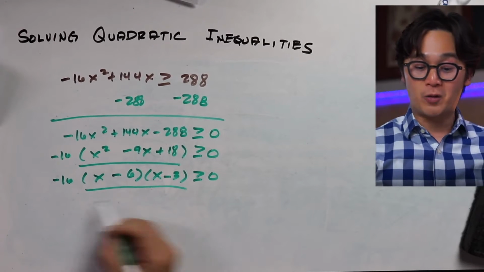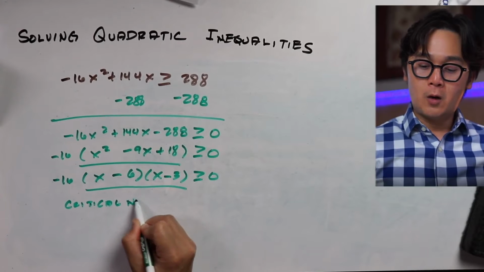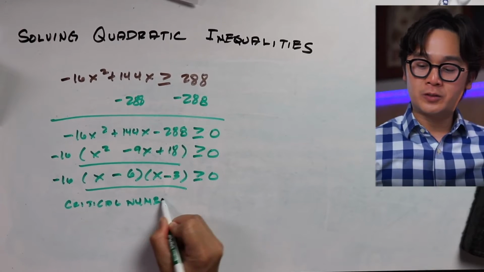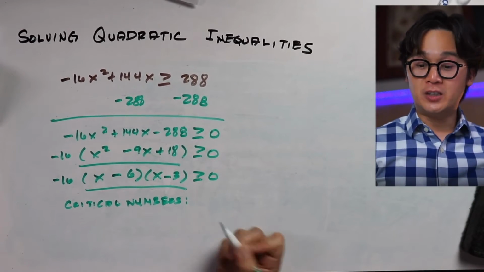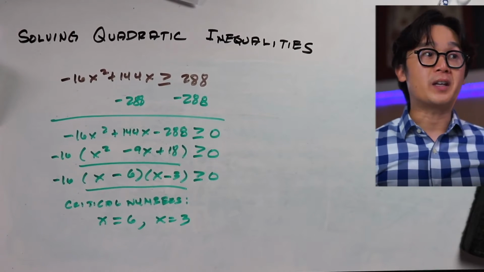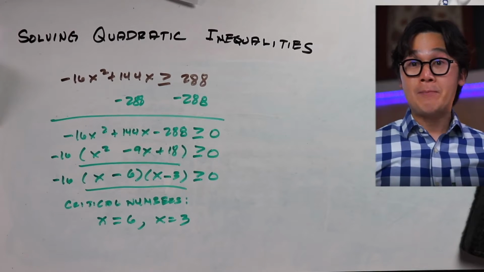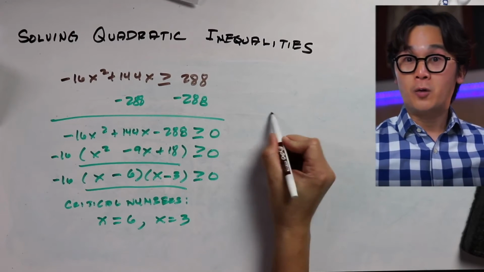So now we have our critical number. Our critical numbers will give us the zeros of our factors, which are at x equal to 6 and x equal to 3. Now that we have our critical numbers, which is the first step in solving a quadratic inequality, we can now